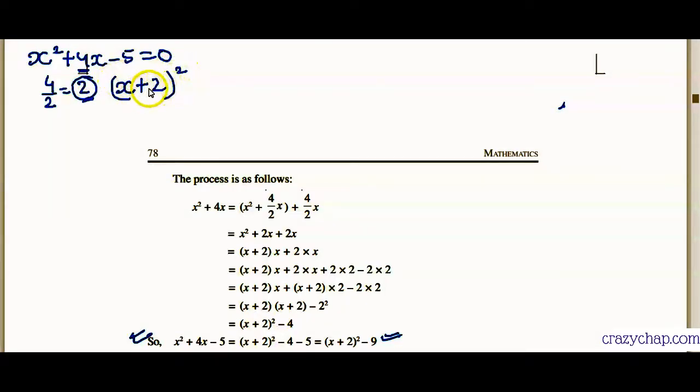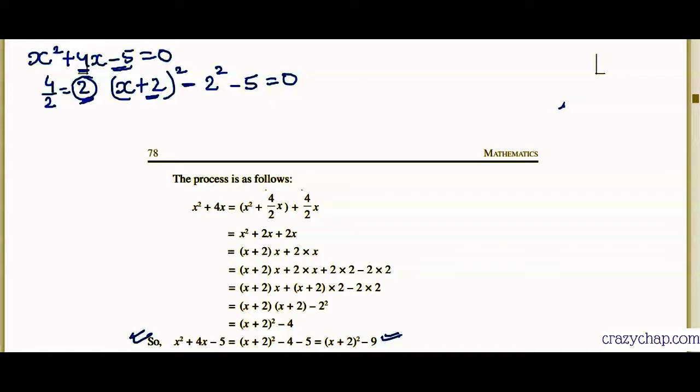I'm telling you a shortcut way. I will explain why we are doing this. So x plus this number, whatever you got, whole square, and then you always subtract the square of the number you got here. Good, guys. And then this minus 5 we write at the end, and of course equal to 0 is there.